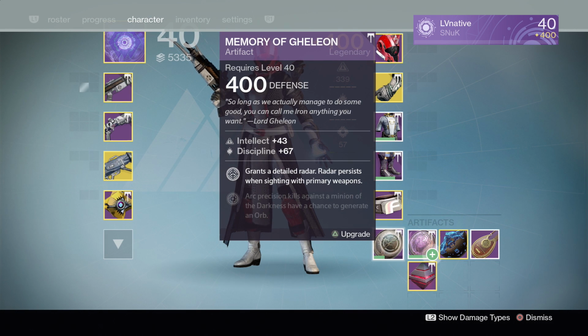Back before the Rise of Iron, it really didn't matter what artifact you had. Now you actually have a couple of decent choices. Now with this particular build, we are going to run with the Memory of Gallion. Now, the reason I like to run with this is a couple of others that I'll do sometimes as well,